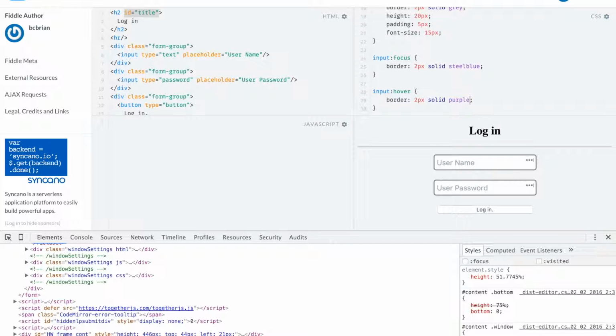If I can spell it right, purple. There we go. Now I run that. Now when we hover over, we get this purple color, which is looking lovely. Last thing that we're going to do is some changes to the button down here, just to kind of get